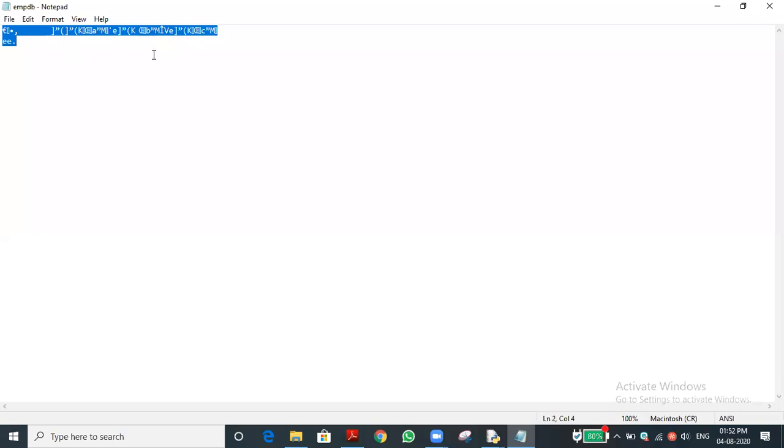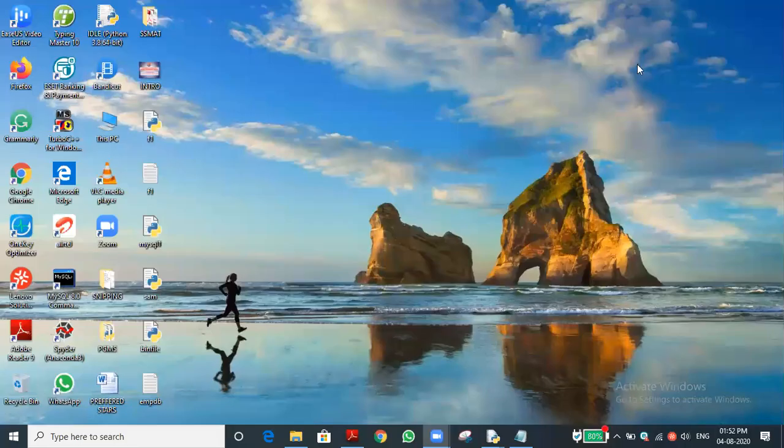We cannot read it. Sir, but I want this and the previous records, what should I do? We need to open the file in append mode. If you open the file in append mode, the previous data will also be there.